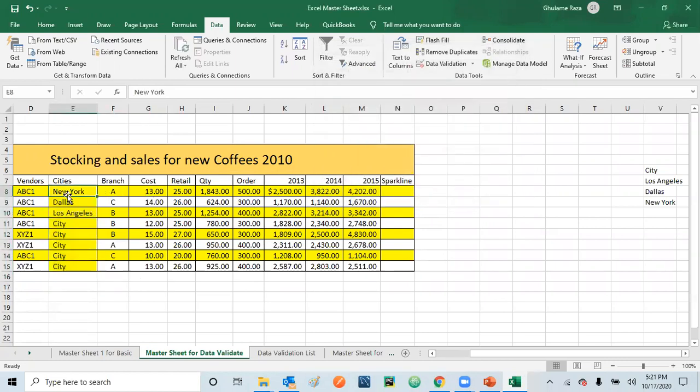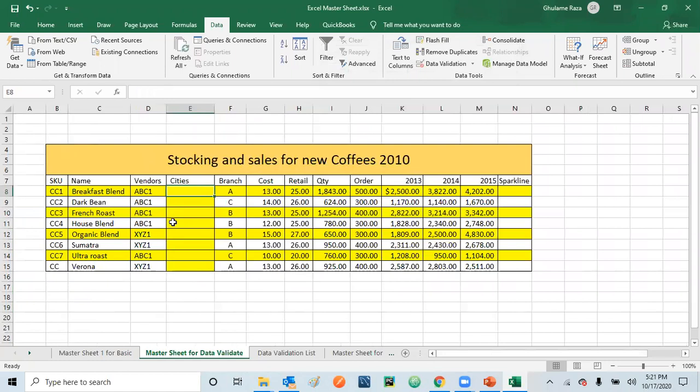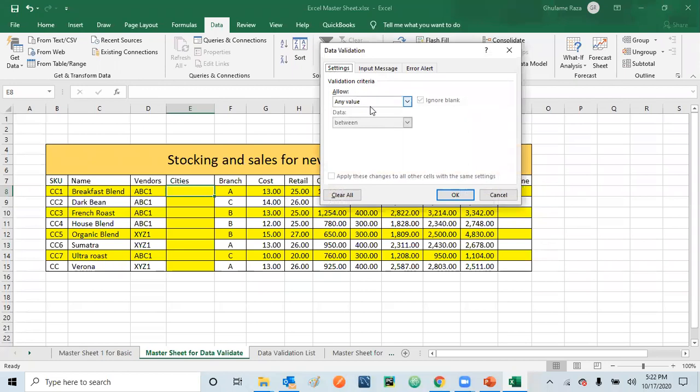Now you can see there's no rule applied here. You can simply delete the data here. Okay, so let's say I want to bring the drop-down menu from a different sheet. The formula is the same, only for selecting the names of the cities we will be going to the different worksheet. So let's say the names of the cities are in this column. I'll select this cell first, and then go to Data Validation. Data Validation only asks us two questions. What value do you want to keep here? We want a value from the list.